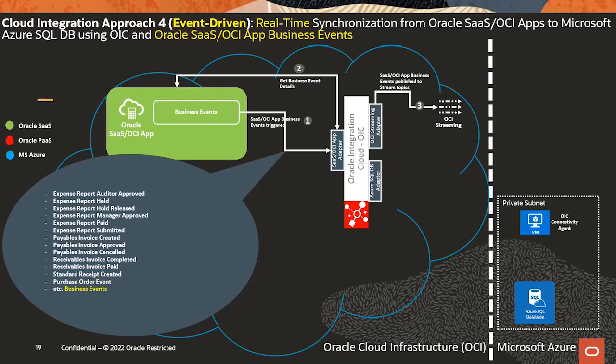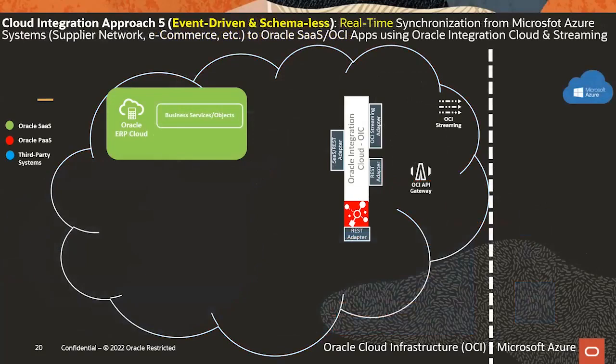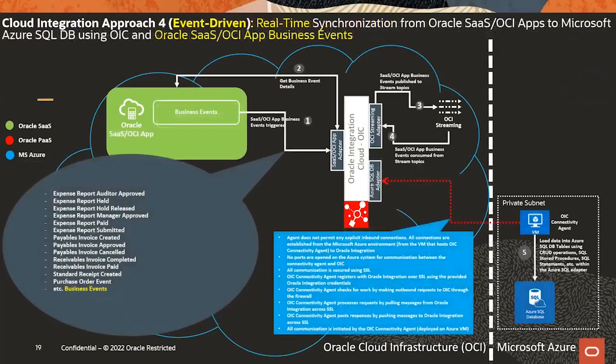So once we drop this information into OCI streaming using the OCI streaming adapter, we can have another integration that consumes that stream and then uses the Azure SQL adapter to, let's say, merge or insert or update that information into Azure SQL database or data warehouse. So this is when you want to feed an external system deployed in Microsoft Azure from an Oracle SaaS or